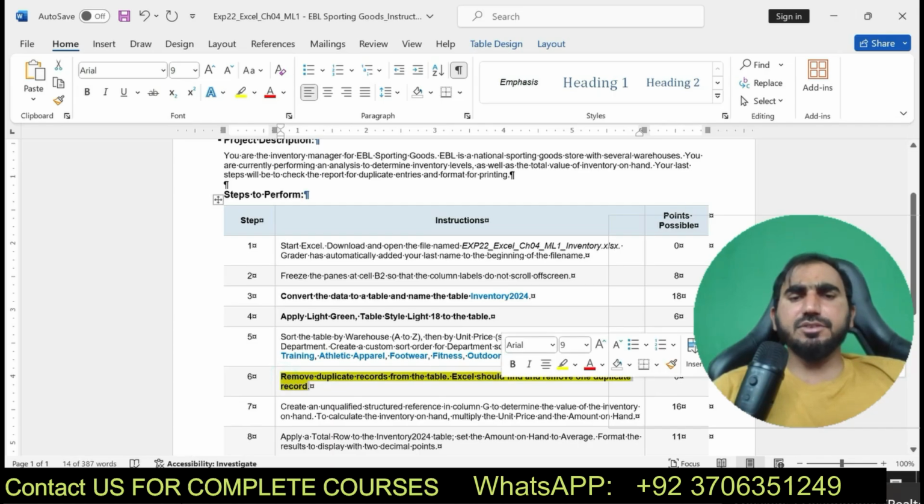Remove the duplicate records from the table. Now I am going to solve step number 6 here.